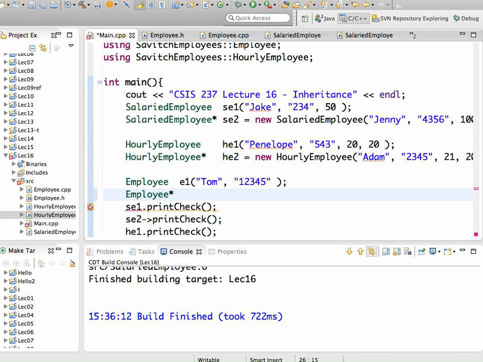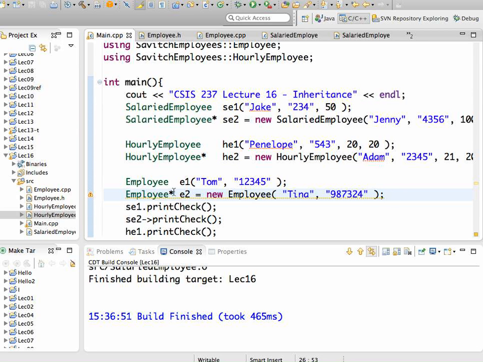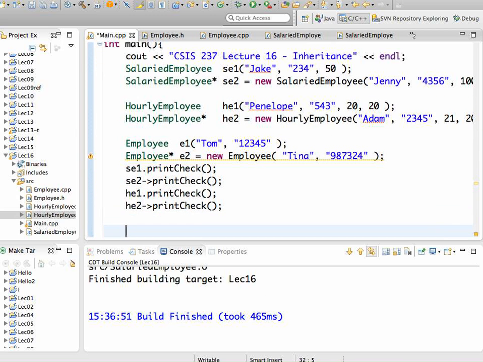Employee star, that is, we set up a pointer. E2 is equal to new employee, and let's set up a social security number, and that's it. Alright, so one thing we will see is that the print check function is defined for employee, and so let's use it. So all this compiled, and then so let's say E1 dot